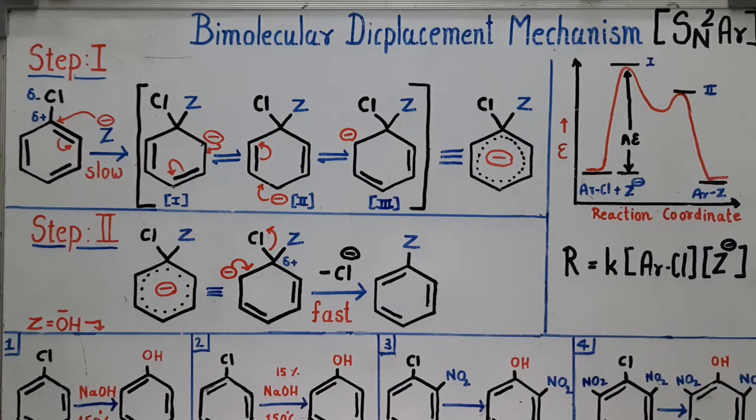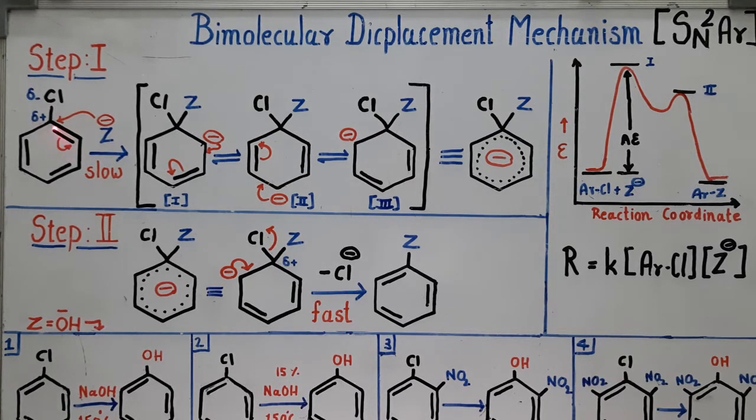So in step 1, the nucleophile is introduced to the molecule. As the nucleophile is negatively charged, it will try to attack some positive part of the ring. But we know that in the aryl ring, it is difficult to generate positive charge because it is nucleophilic. But thanks to the inductive effect of chlorine, which has partial negative charge, the alpha carbon will have delta positive or partial positive charge. So now the nucleophile can attack the alpha carbon.